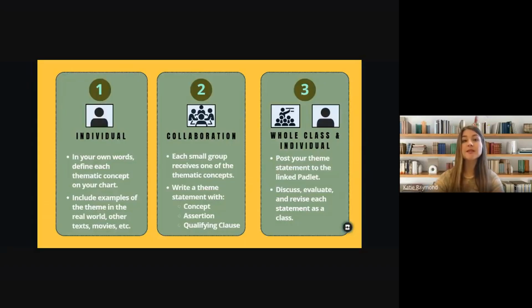Okay, so those 3 steps are on your own, you're building those bridge connections and making meaning of the concept. In a small group, you are coming up with a thematic statement and posting it to the Padlet. And then as a whole group, we're going through them, we're looking at what's working, we're talking through the strengths, and then you're revising as necessary to turn in your own final version. And that's it. In the end, we should be stronger at understanding theme, writing about theme, and ultimately setting ourselves up to explore and analyze the text.